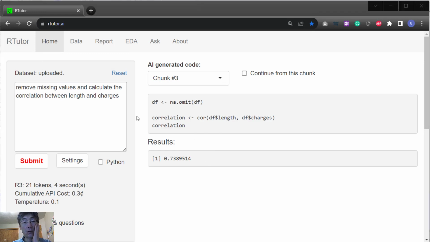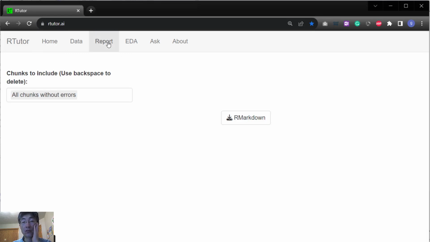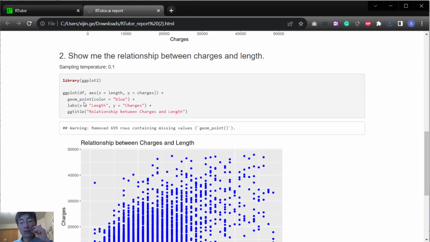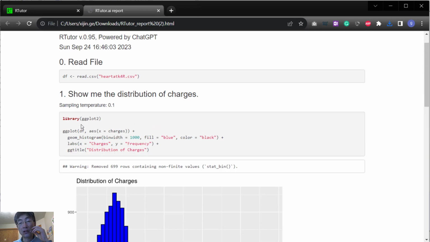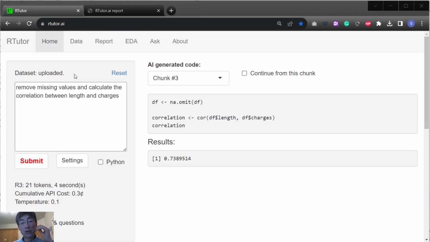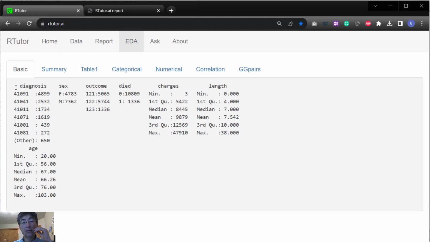If you're done with your analysis, you can download the source code that is generated as a markdown file. You can also render an HTML report. This will contain all the analysis that was done, and you got your homework done in 5 minutes using RTutor, sometimes. Another thing you can do here in RTutor is that it has a lot of exploratory data analysis functionalities